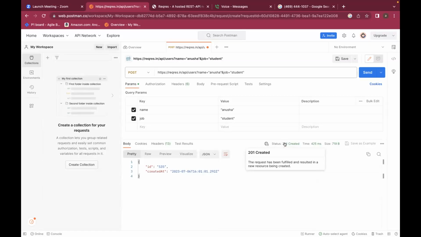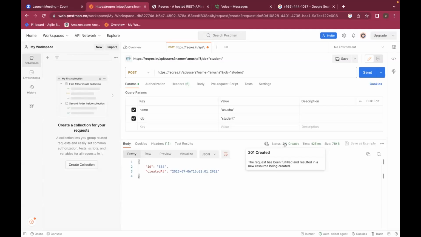So here most of you might have got 201. The meaning of 201 is, if you hover on 201, you will get the meaning. But whenever a new resource is created or some new data is inserted, you will get the response code 201 Created.